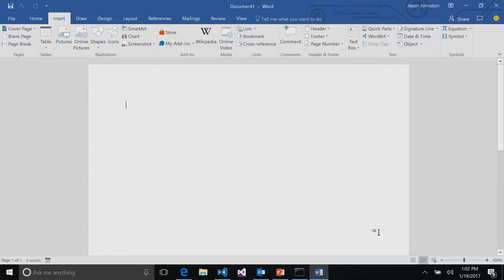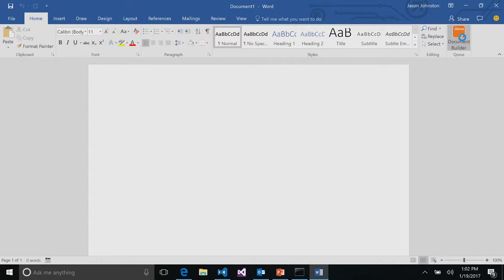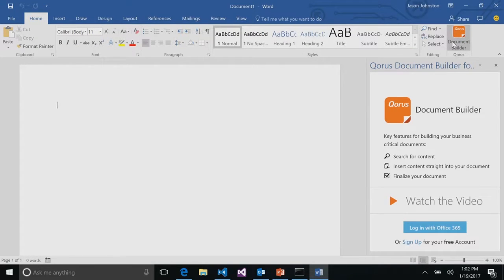Okay, so let's take a look at the Chorus document builder. This one is a little more complex than the Picket, and we'll take a look at that. This one uses authentication, and so I want to show you guys how that authentication works using the display dialog API.